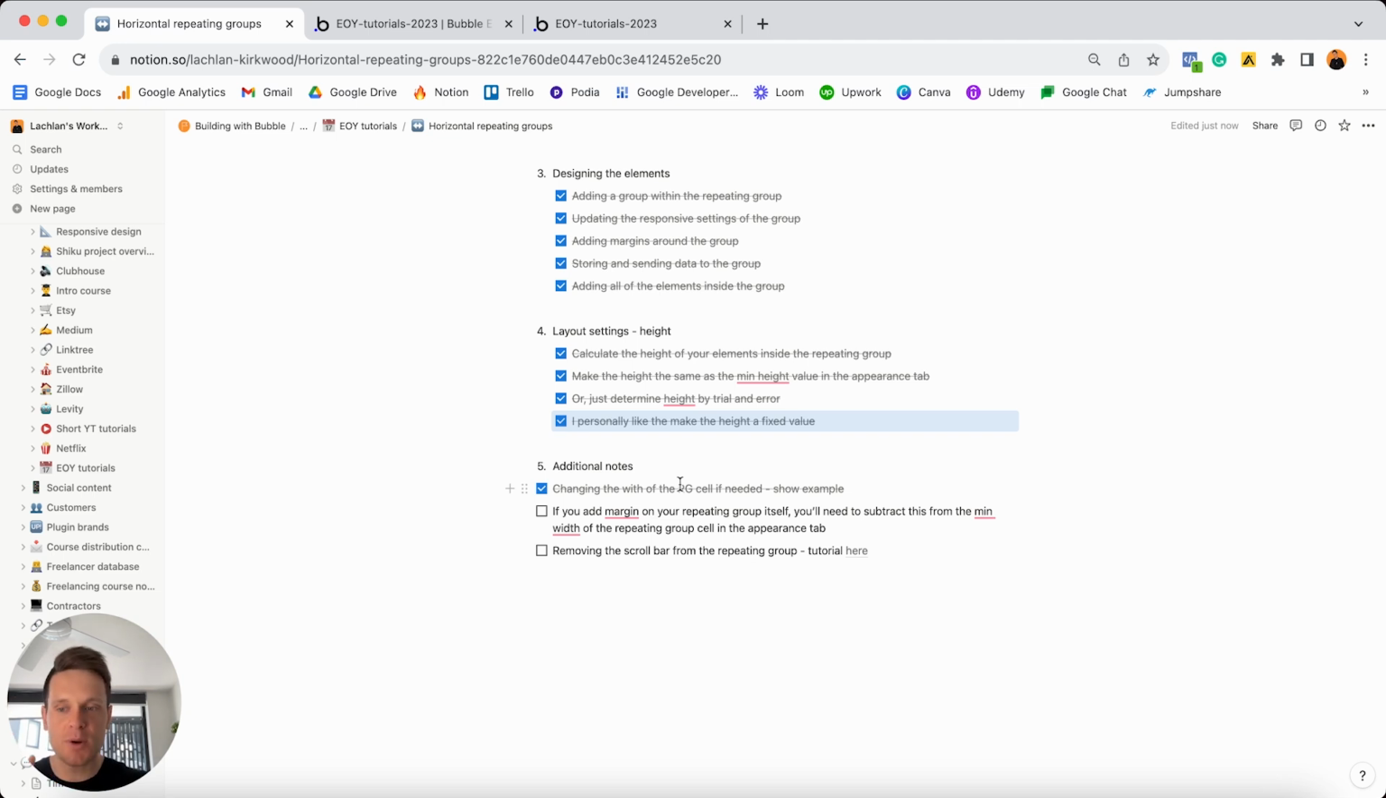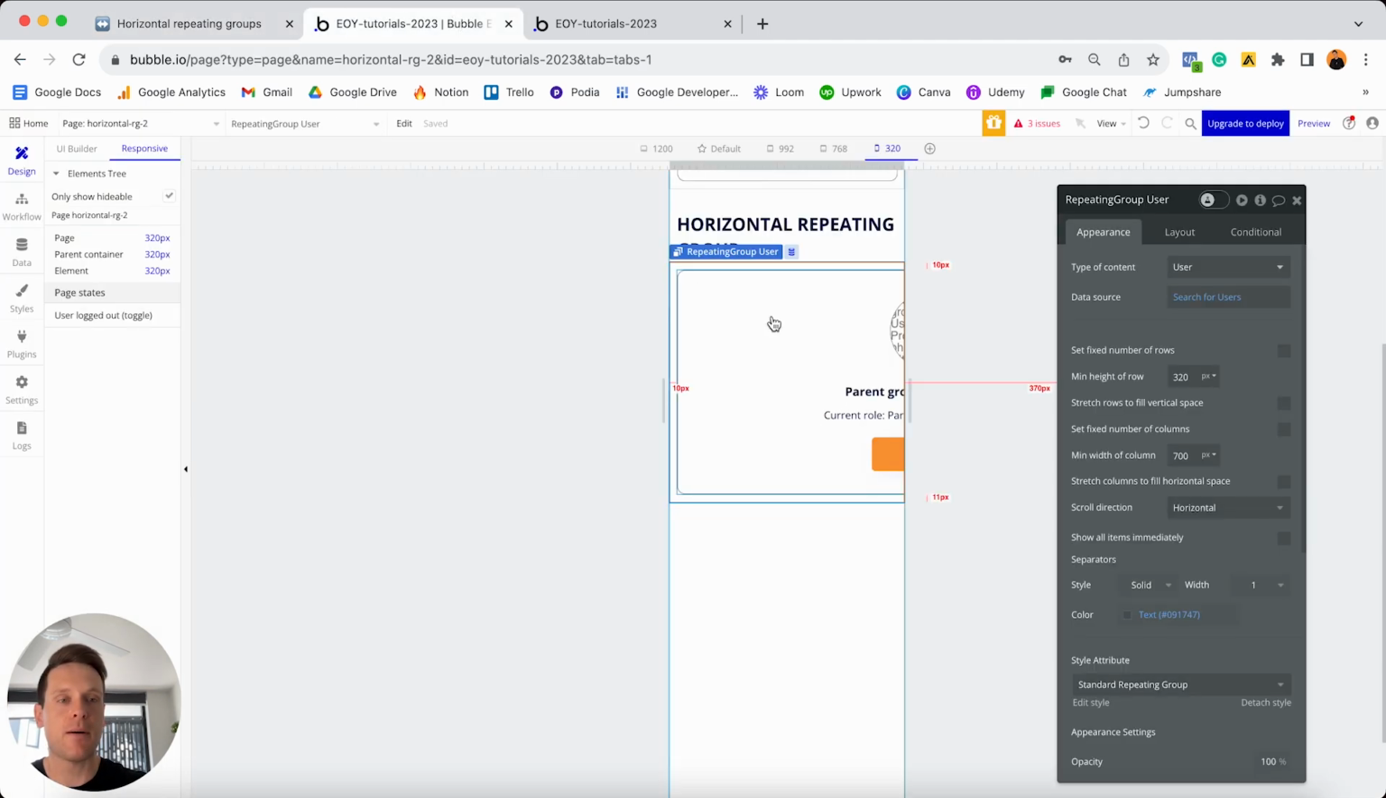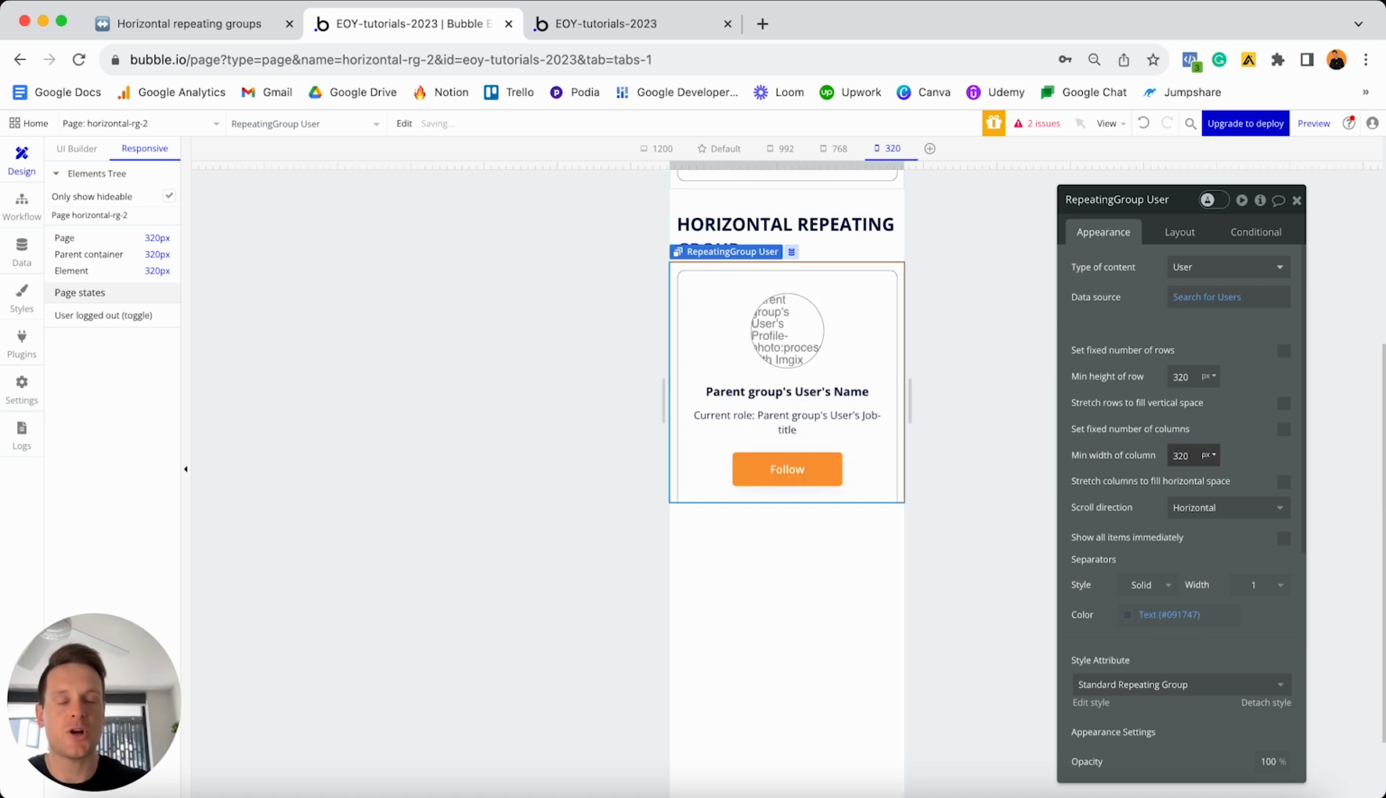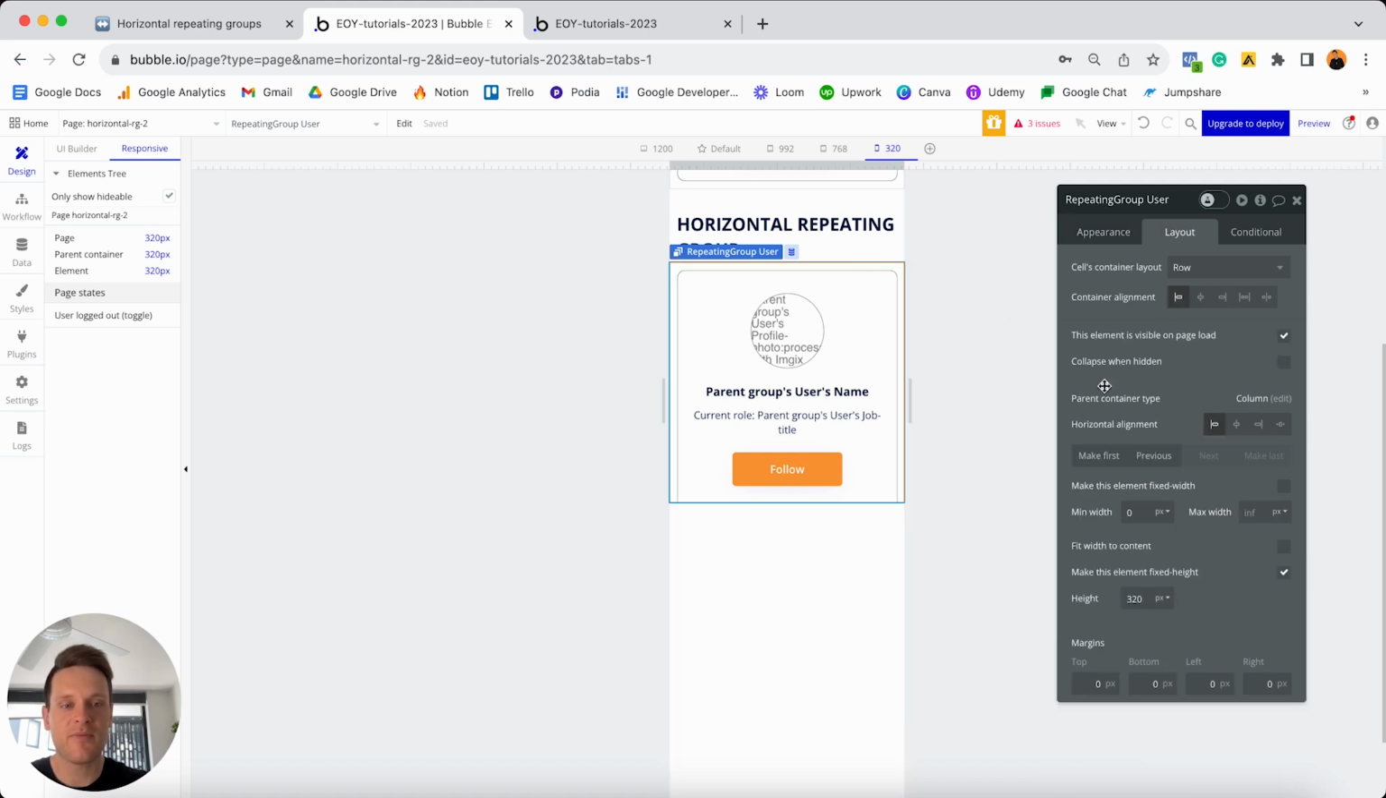I'm sure that was probably super confusing. If I jump back into my Bubble editor, what I'm going to do is set the minimum width of my column to be 320 pixels. But let's say if for some reason I jump to my layout tab of my repeating group, and if I was to add 10 pixels of margin on the left and the right of the actual repeating group itself,